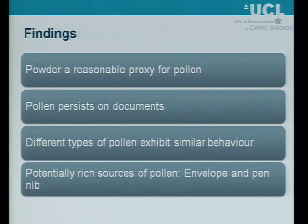And so broadly speaking, the UV powder did seem to be a reasonable proxy for pollen. It does persist on documents, but much more on the paper than on the ink, which surprised us. The different types of pollen all exhibited the same types of behaviour. The thing that was quite an interesting aside,